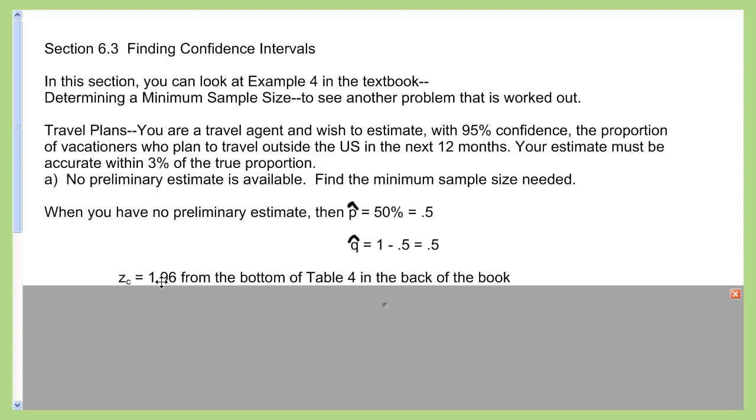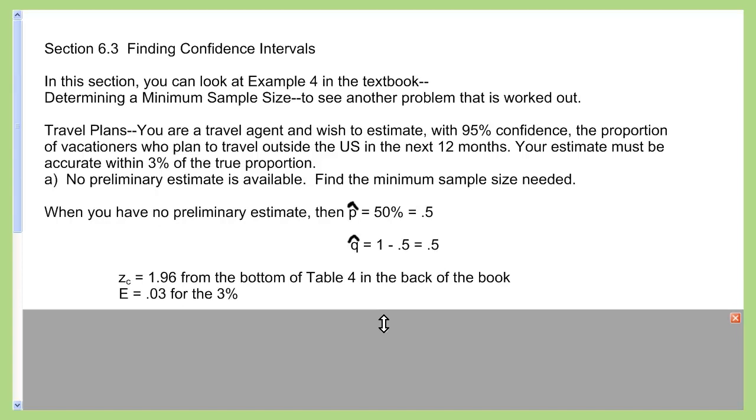Because the problem states that you want a 95% confidence interval, what you're going to do here is get a critical value from the back of the book in table 4, which is the standard normal table, and you'll look that up. You'll find that down in the bottom of the table, and 1.96 is your Z critical score. E is going to be 3% or 0.03 because I'm told that to get a true proportion it needs to